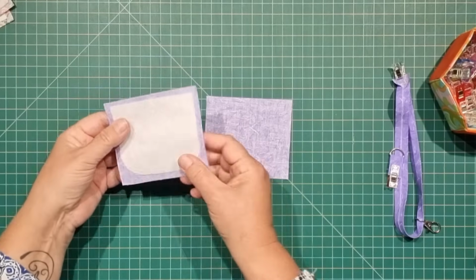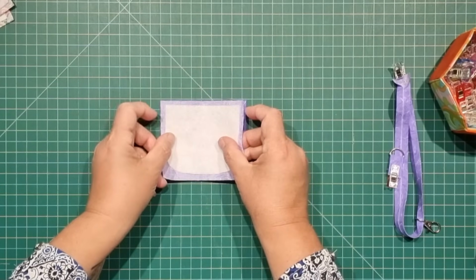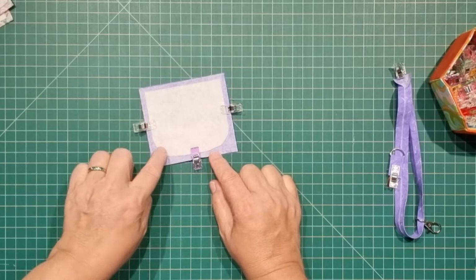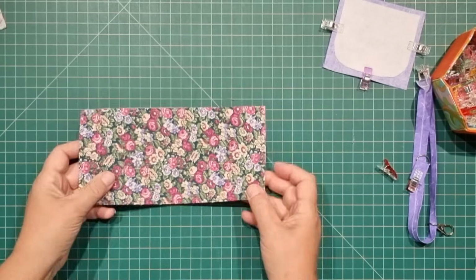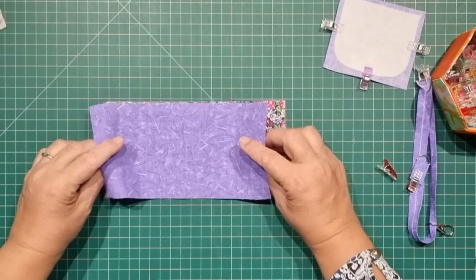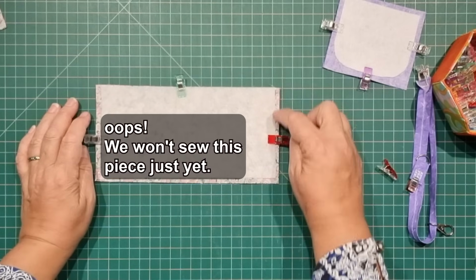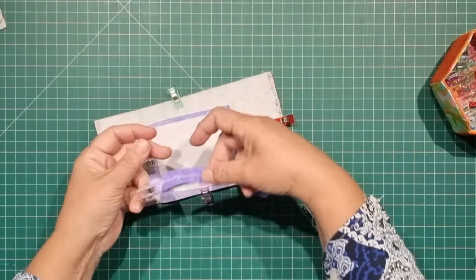Grab your flap fabric. We're going to place that right side together, and we'll be sewing right on the very edge of the stabiliser all the way around. You don't need to do the top. This piece is our front pocket piece. We'll take our lining piece, we'll place that right side together, and we'll sew all the way around. That's all we'll do for now. So we'll take all of these to the machine,